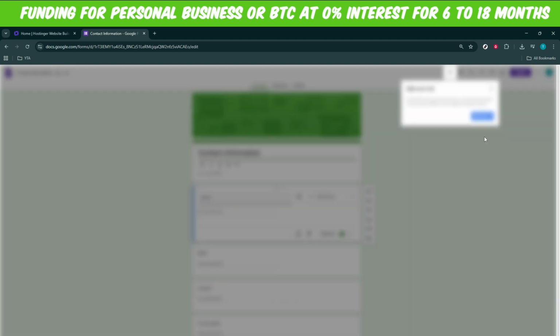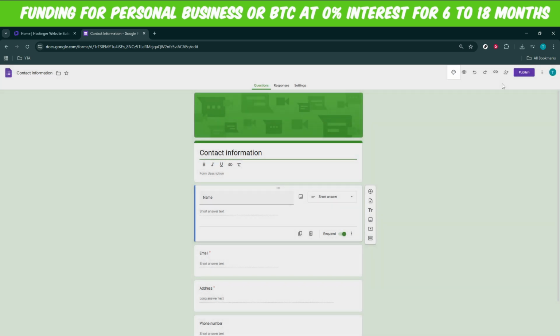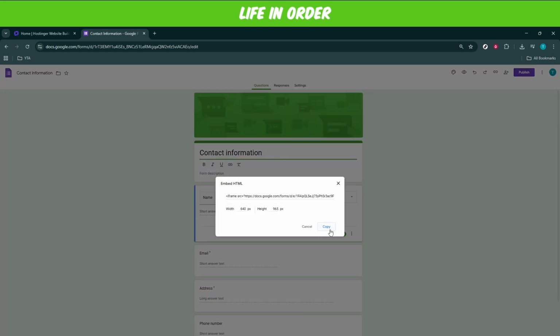Finally, copy the generated embed code and head back to your Hostinger editor. Paste this code into the HTML section you've previously accessed. By doing this, you're effectively integrating your Google form into your website, making it fully functional and accessible to visitors,